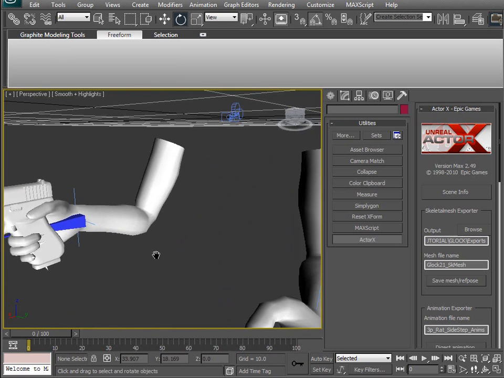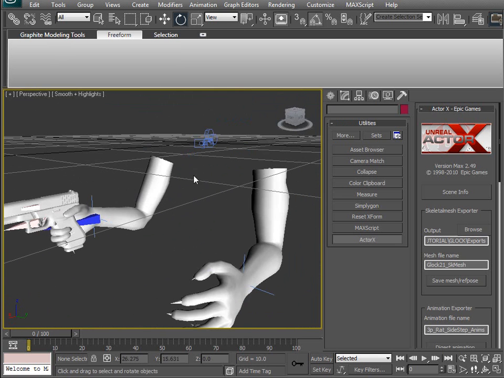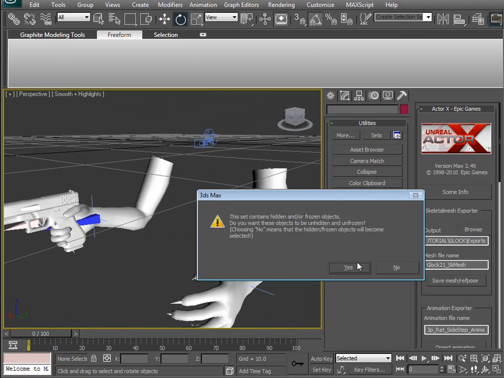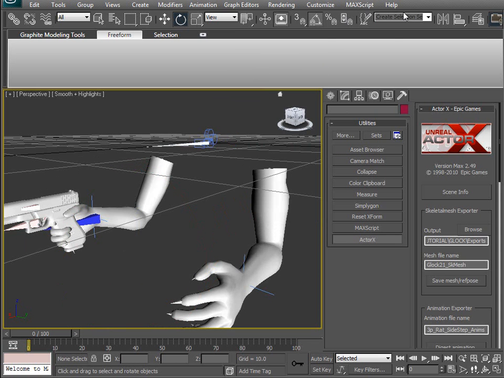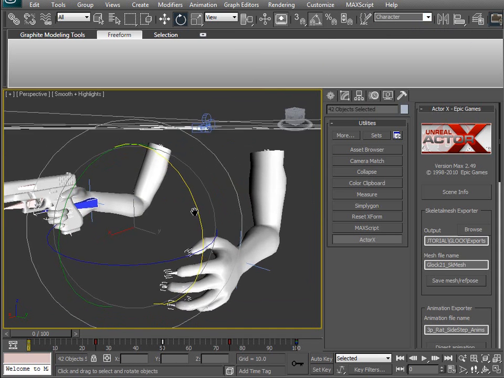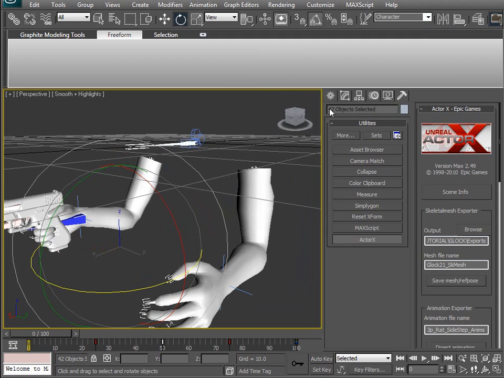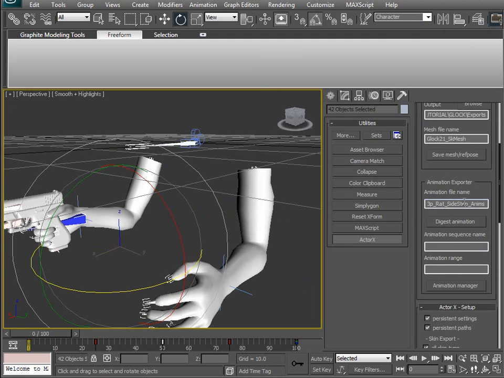Okay, and now what I can do is actually export this animation just to test, and again, I only need the bones. Say yes, unhide all, unfreeze all, just to make sure, and then click my character, which gives me my 42 bones, and now I can say my animation file name, and this is going to be 1p arms Glock